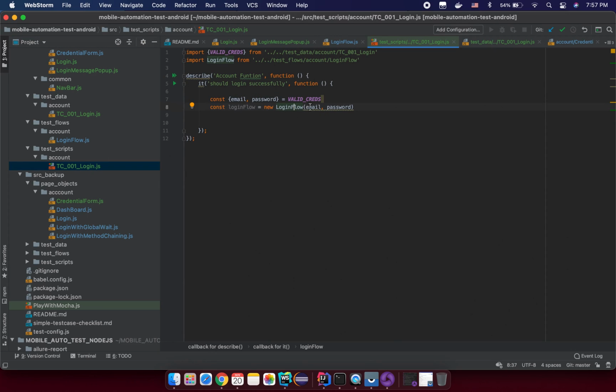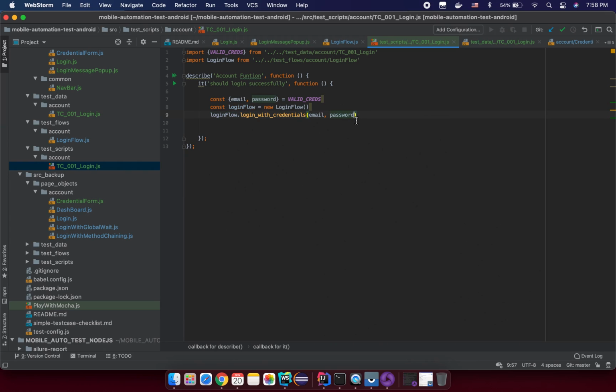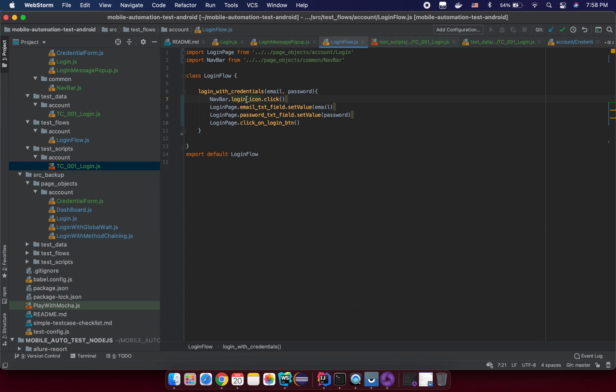Let's just create a new login flow here. Just cut them, and I call loginFlow.loginWithCredential, and I supply them here. And we have the login icon click, input email, input password, and click on the login button, right? So here, I want to introduce something in the login that I need to verify